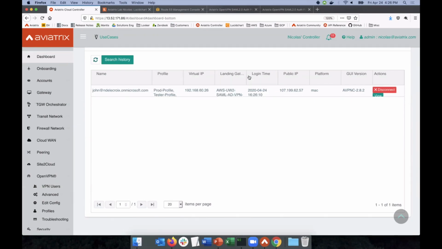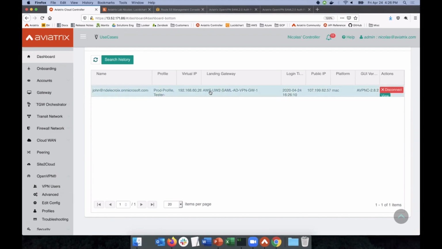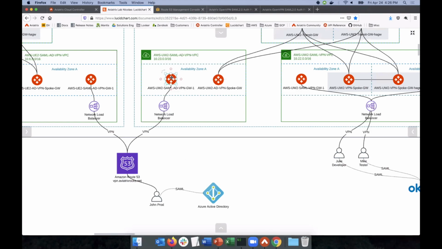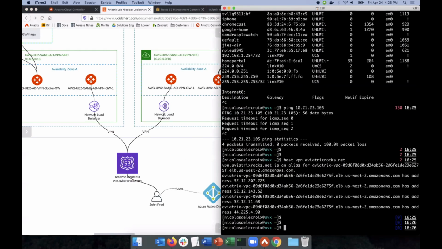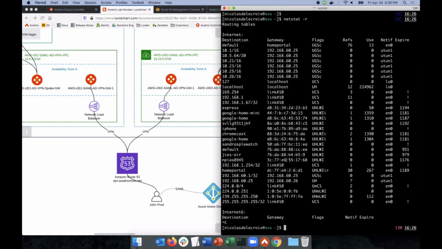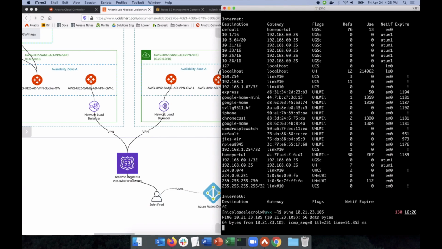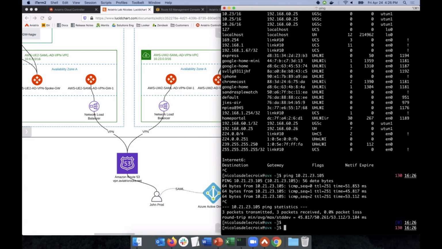But you see how this time we know it looks good because we are connected to that AWS US West 2 VPN gateway. So connected to the right region gateway. Yeah, exactly. It went straight to this gateway. And so now we can make sure we have the route, and you see the 10.21 is here, so if I do a ping, that is working,